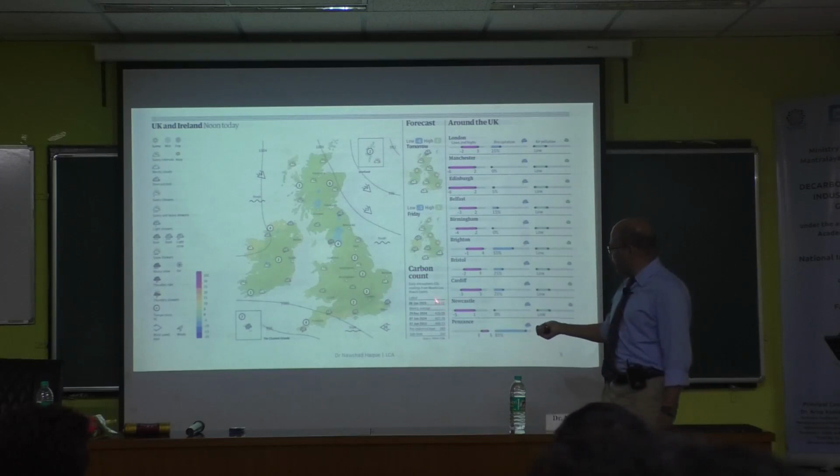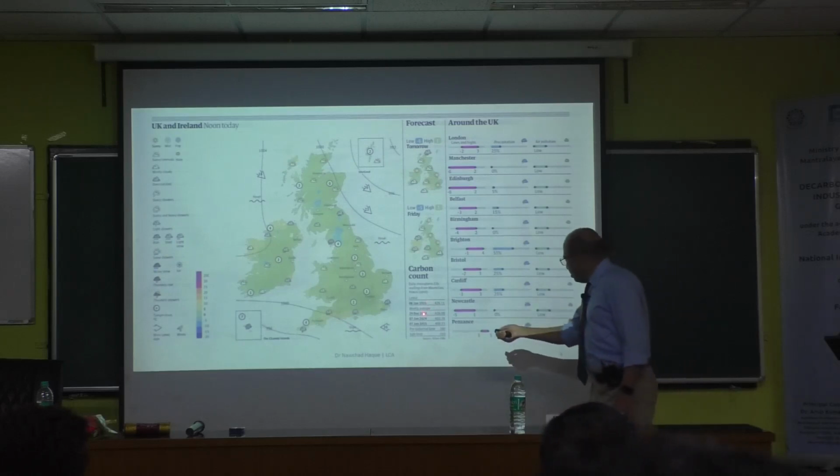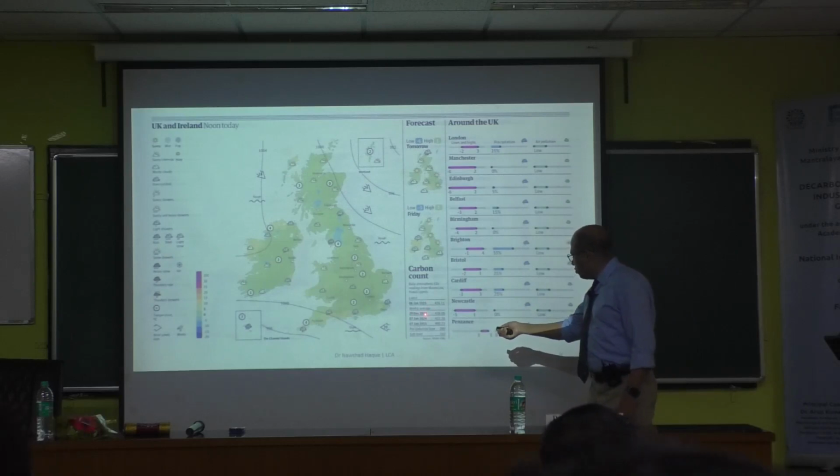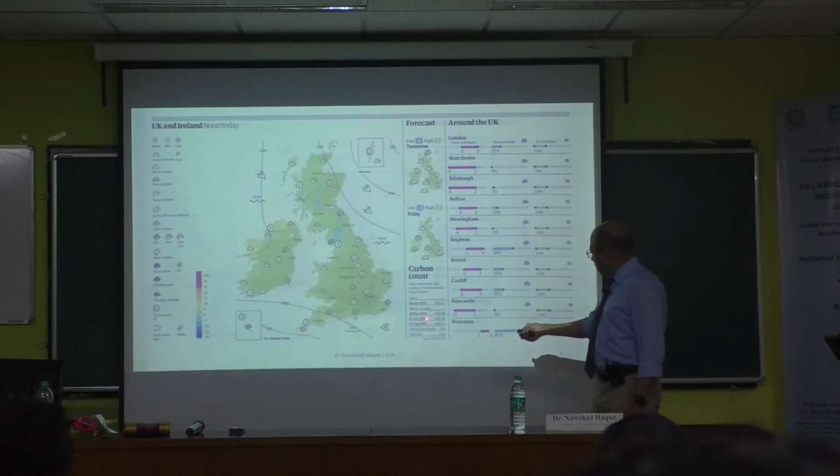So they say that now it is 430 ppm. Which newspaper? Sorry? It's a British newspaper. And also, this is 29 December 2024. That was just 2024 maybe, so not much difference. They say that January 2024 was 422. 2015 was 400. Pre-industrial level 280. Safe level is 350, something like that.